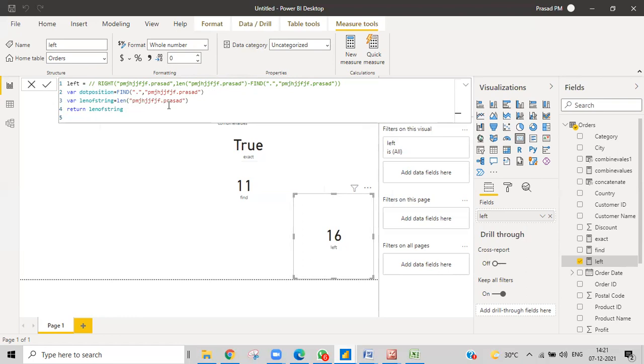16. Yes. And if you want to find the right part of that, then you need to remove the dot position from this, then obviously you'll get it. So obviously I'll write this one, minus. Right? You'll get the characters. So right now I'll give this to RIGHT, the right of the string. What is my string? I just need to copy the string and then the comma and then this part. Then what is my part? It will be like this one.